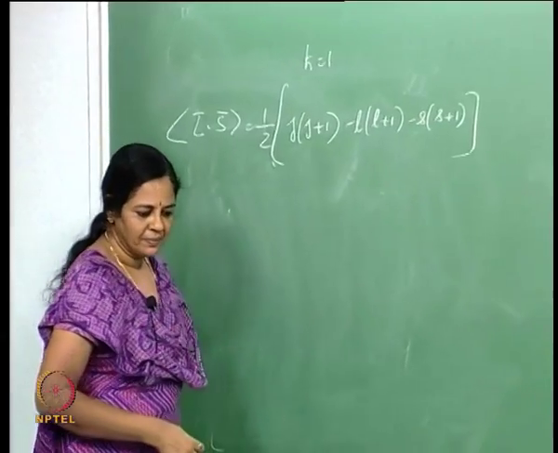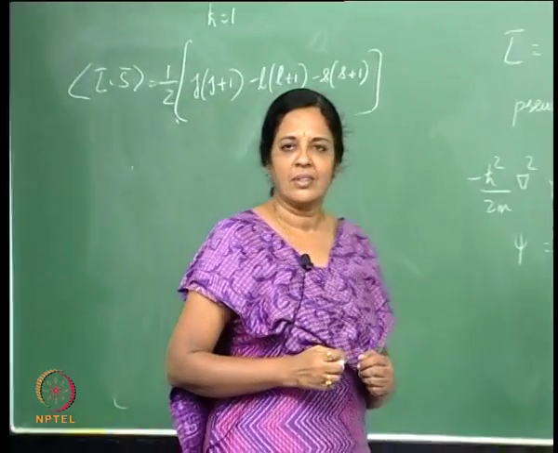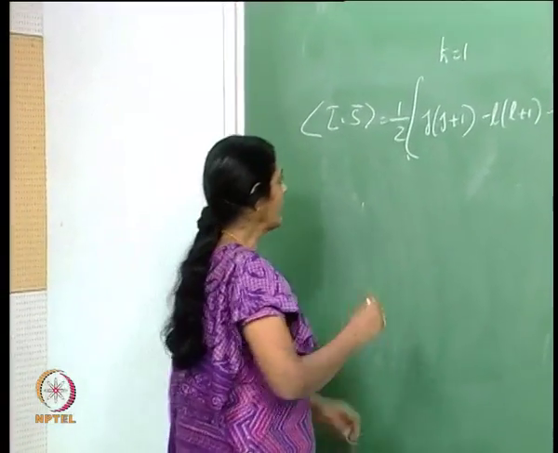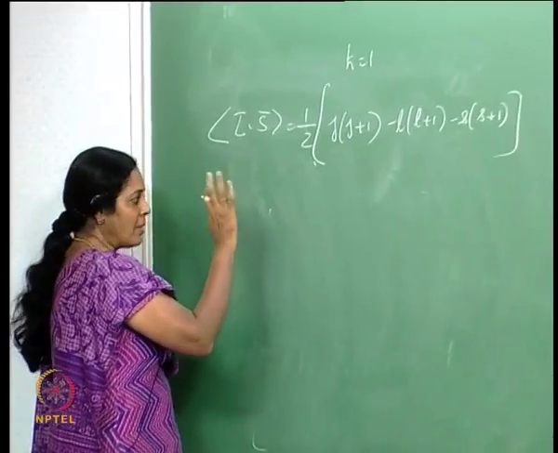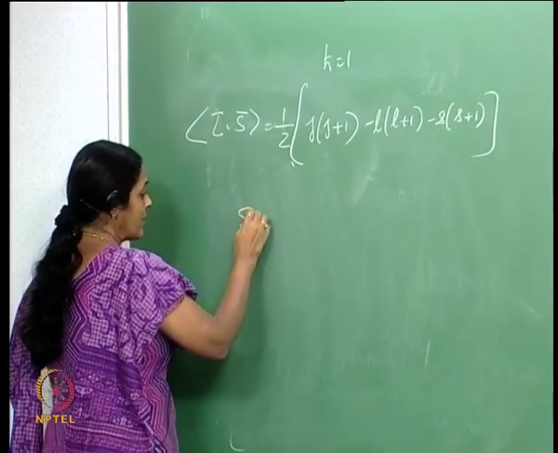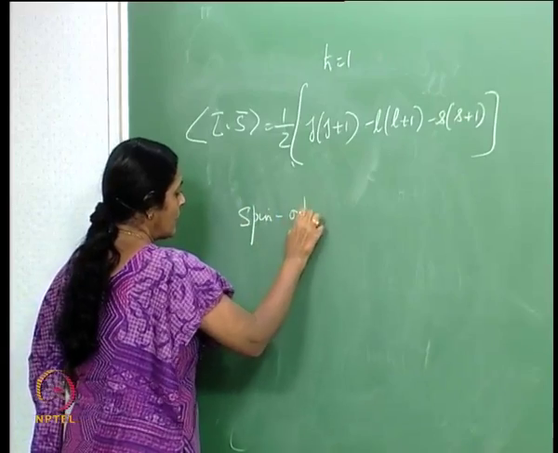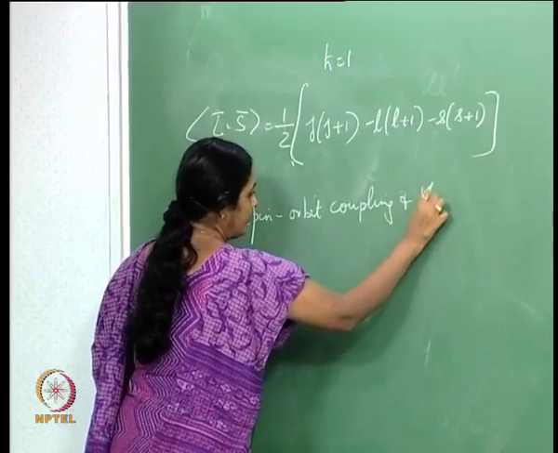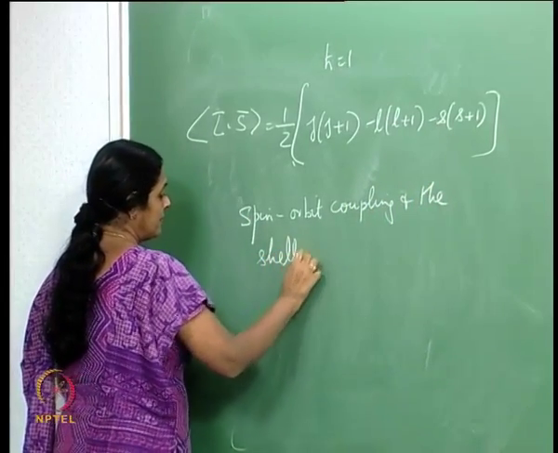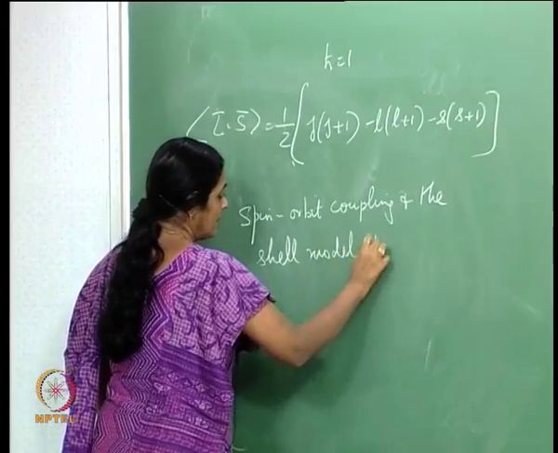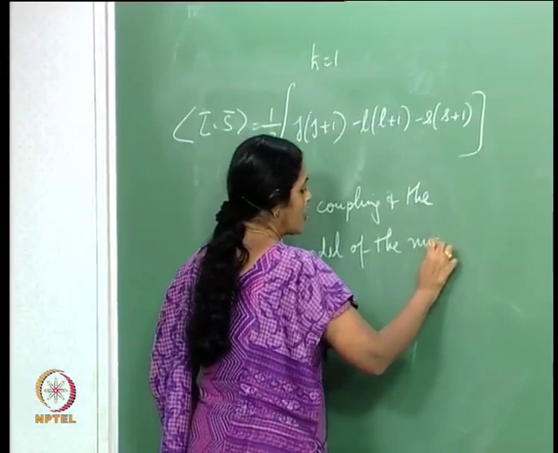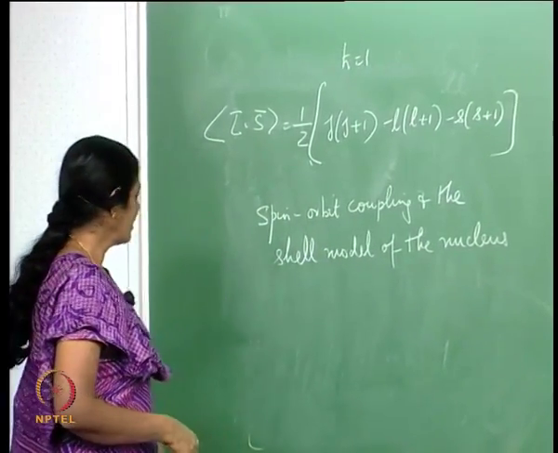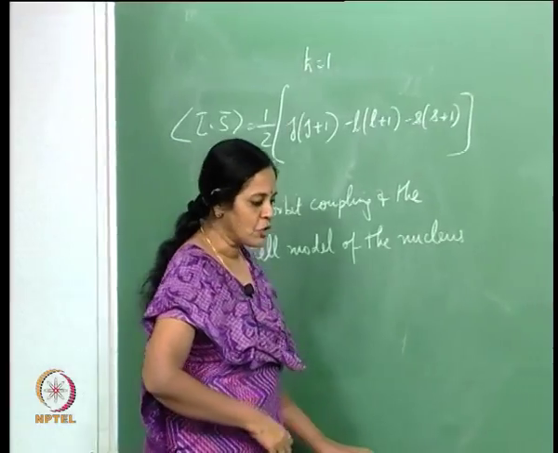Now, I remember this and I look at an application. Specifically, I look at the shell model of the nucleus, where the importance of the spin orbit coupling comes into the limelight. So, look at this, the spin orbit coupling and the shell model of the nucleus. This is an example. The shell model of the nucleus is an example where the spin orbit coupling becomes very important. There are certain nuclei which were seen